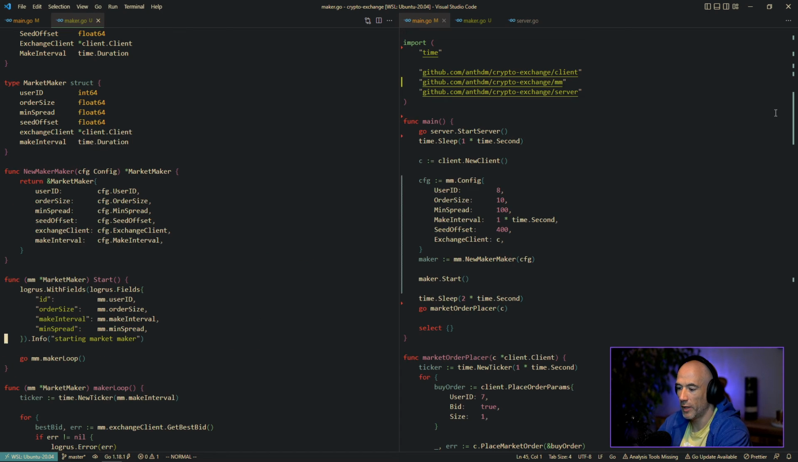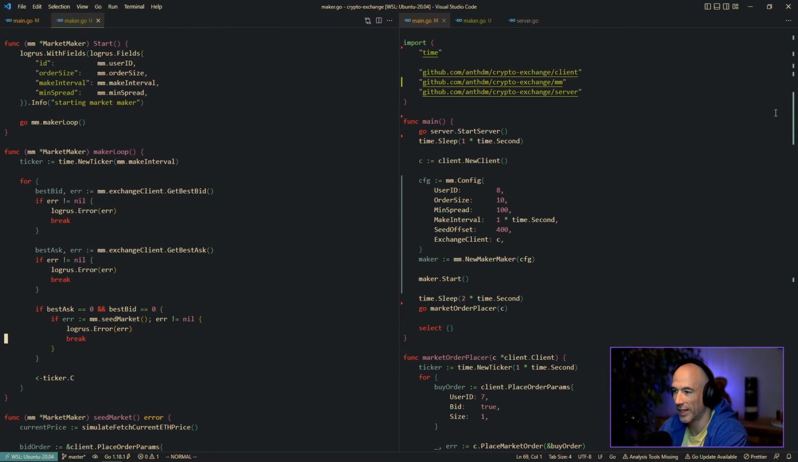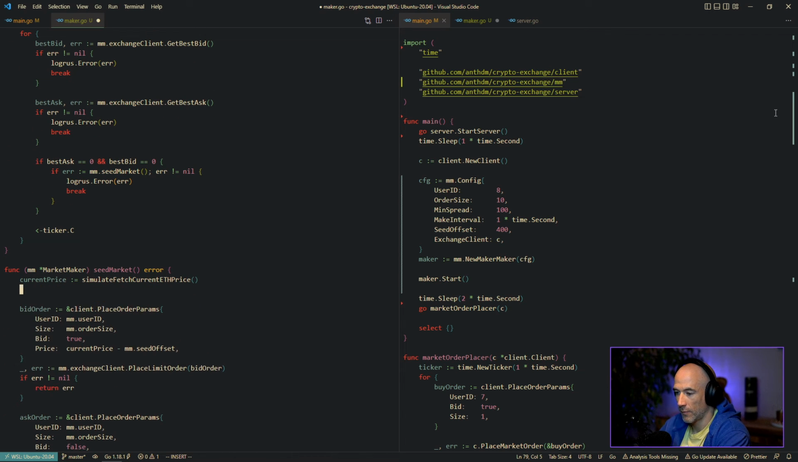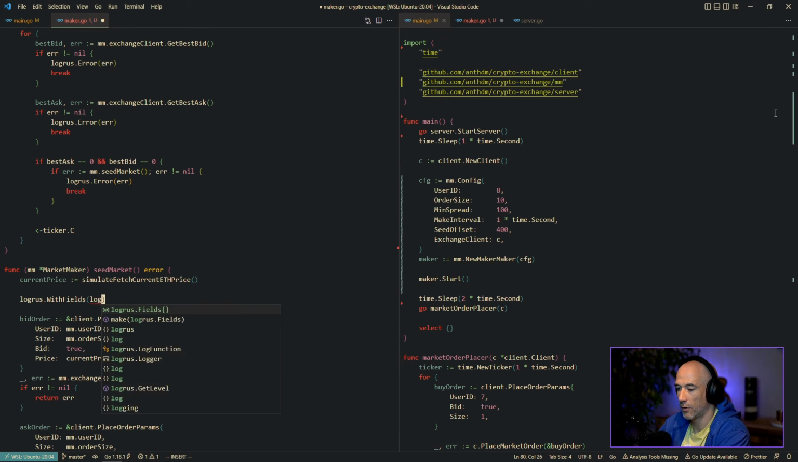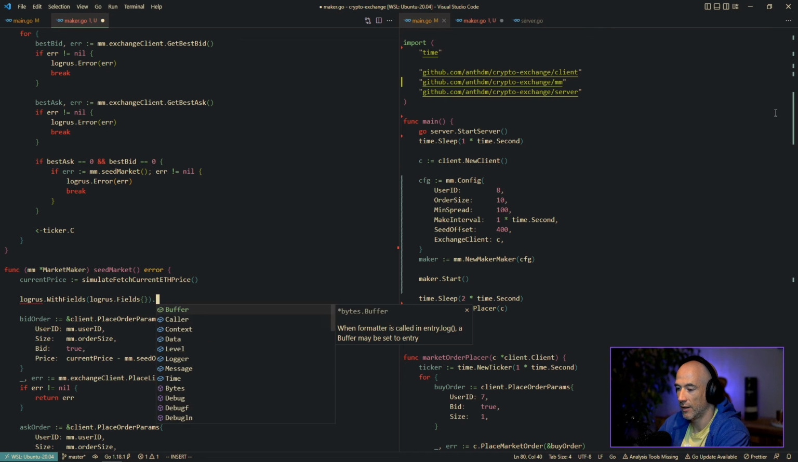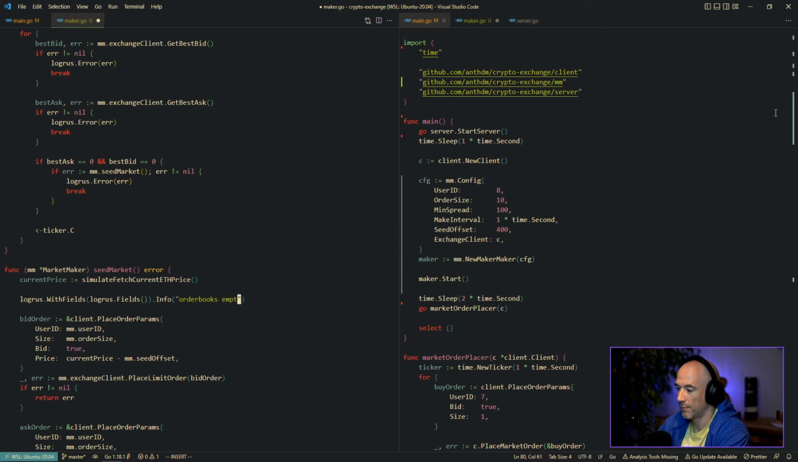So it's working. What I'm going to do real quick, to make this actually clear, is if we're seeding the market, that's important so that we can actually log this stuff. So let's say log.Res with fields, log.Res fields, help, like this, info, order books empty, seeding market, like this, and then we're going to say